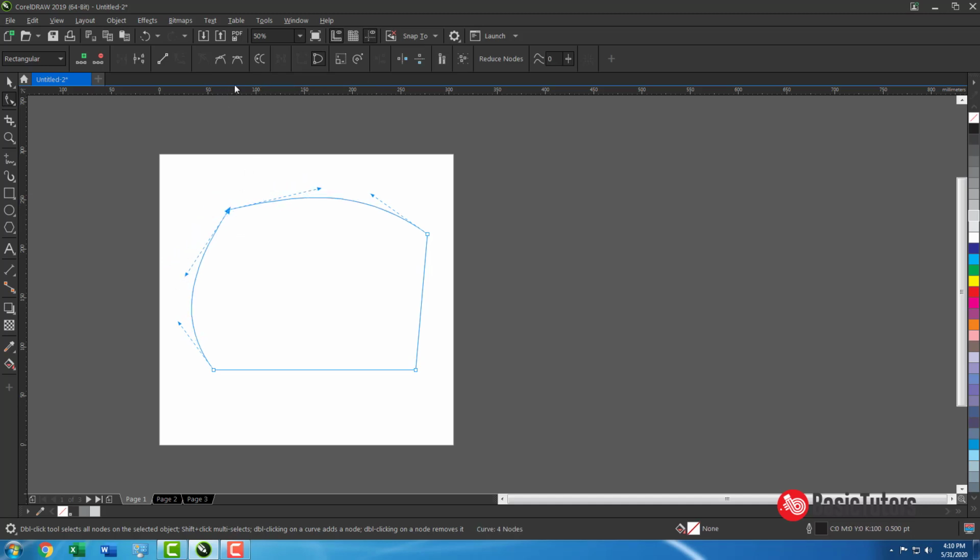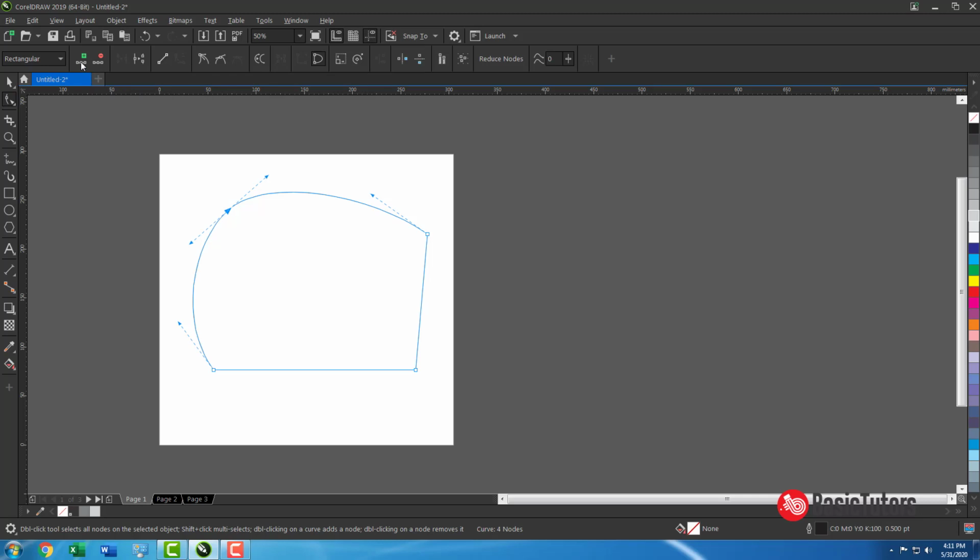Also, you can see here this section is called node type, and in this node there are three types. One is a cusp. Cusp means this shaping handle only moves in one direction. Okay, this is called cusp. If you select this smooth node and change the handle, you can see both directions are changed. Both sides are changed, so we can make some shapes in uniform forms. Another thing is called symmetrical. Both sides will be unique and in a very symmetrical form. This is called symmetry.